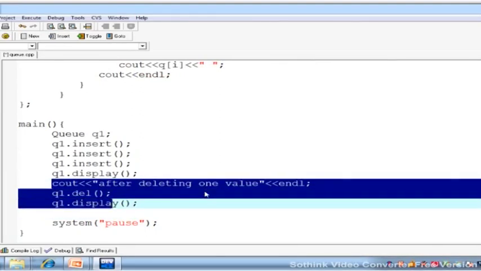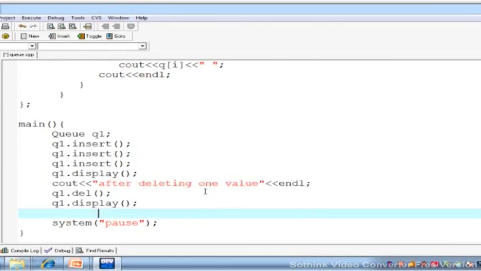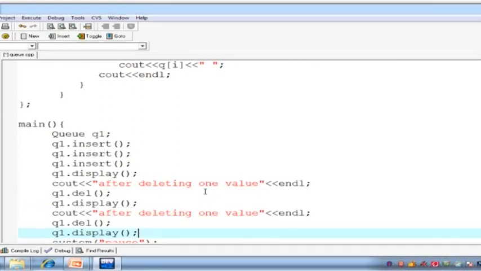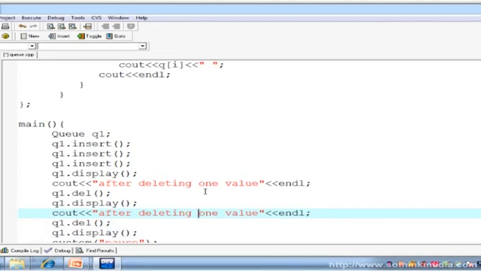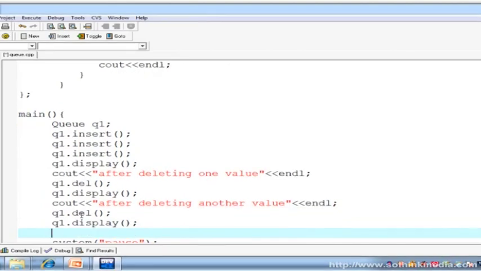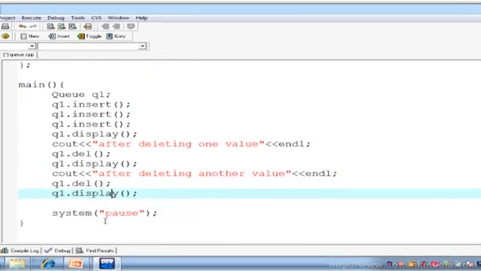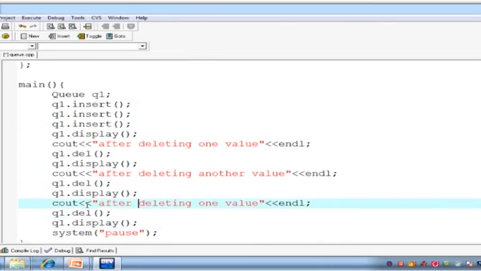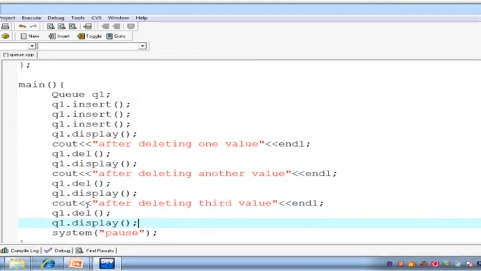and then let me copy and paste it after deleting another value. So एक और दफ़ा डिलीट का फंक्शन कॉल करेंगे और डिस्प्ले करेंगे कंटेंट को. Then after deleting third value, अब क्या होगा, let's check it out. Compile it first,